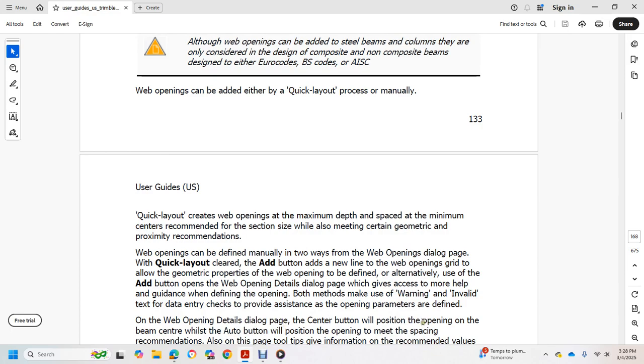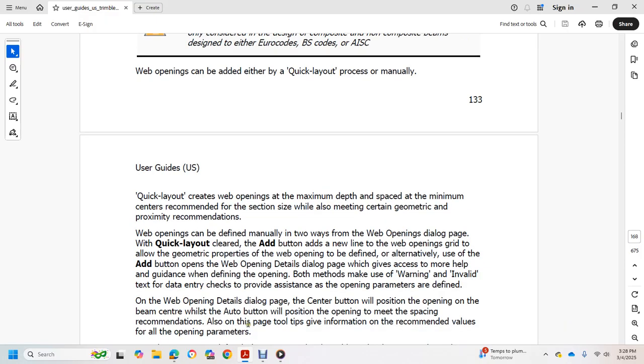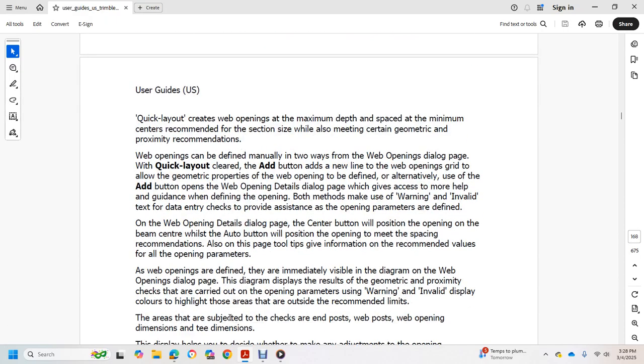The Center button will position the opening at the beam center, while the Auto button will position the opening to meet the spacing recommendations. Also, the page tool gives information on the recommended values for opening parameters. As web openings are defined, they are immediately visible in the diagram of the Web Openings dialog box. The diagram displays the results of the geometric proximity checks that are carried out on the opening parameters,